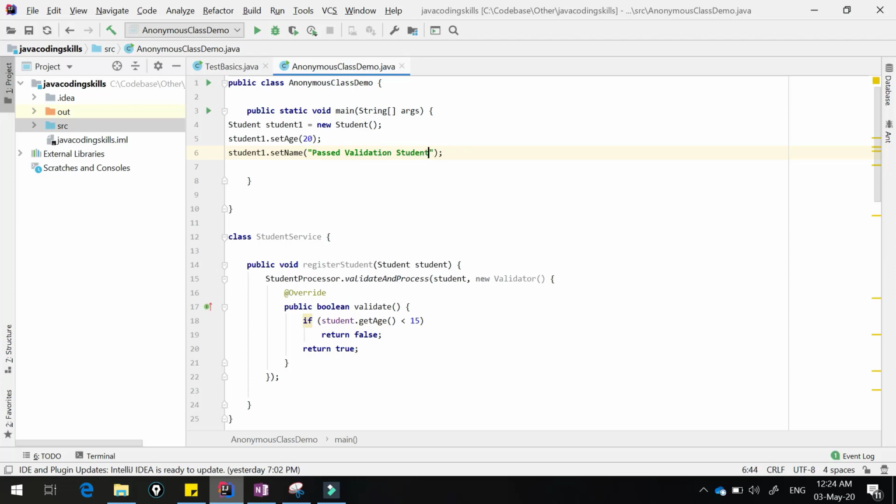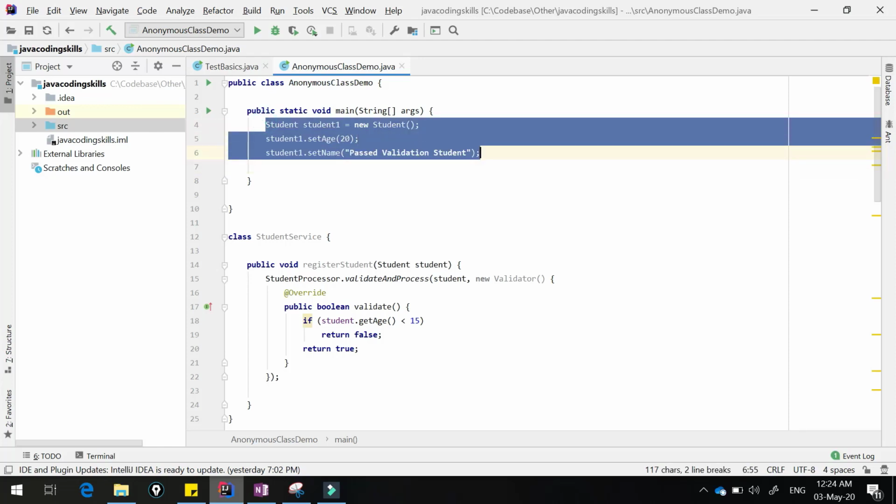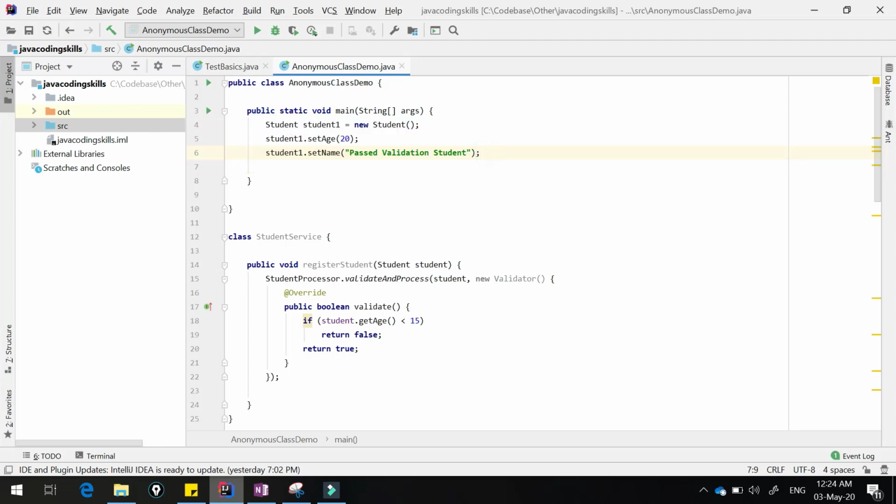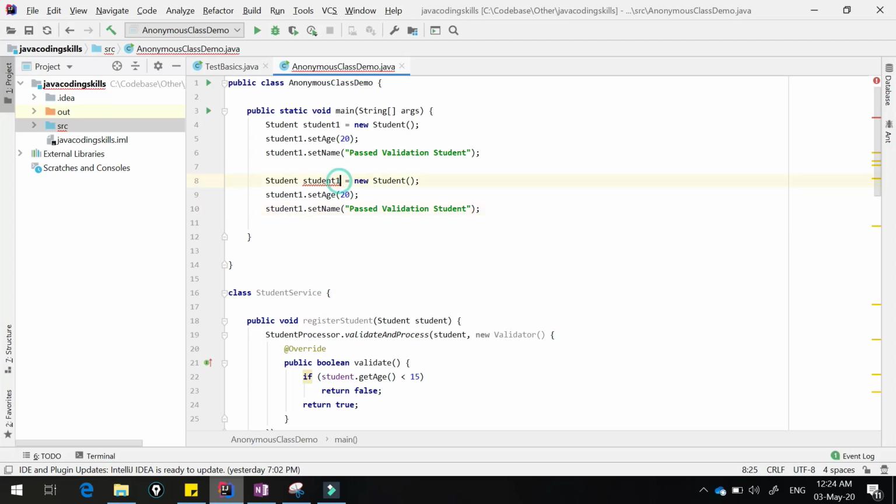And let us quickly create one more student, student2, with age 12. In this case validation should fail, right? So here, failed validation student, something like that.